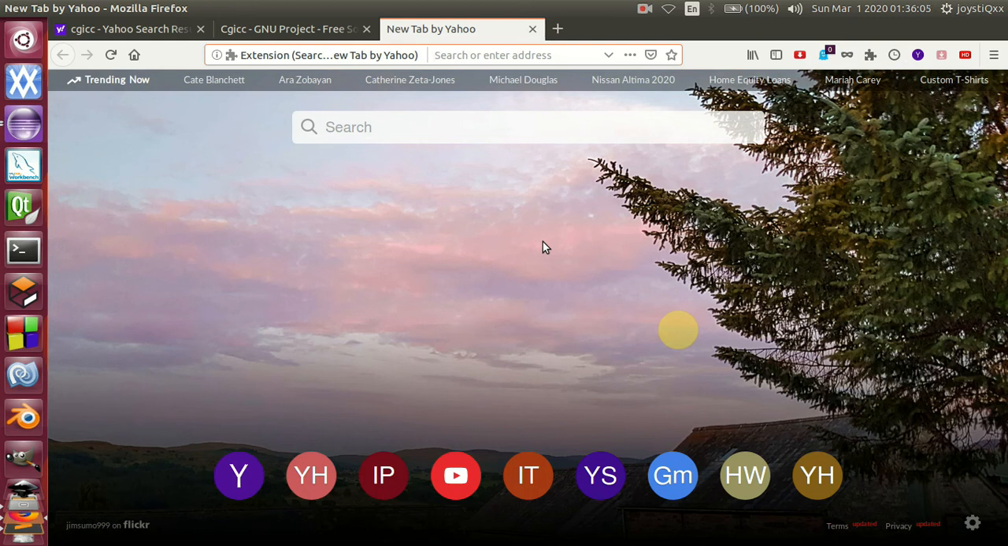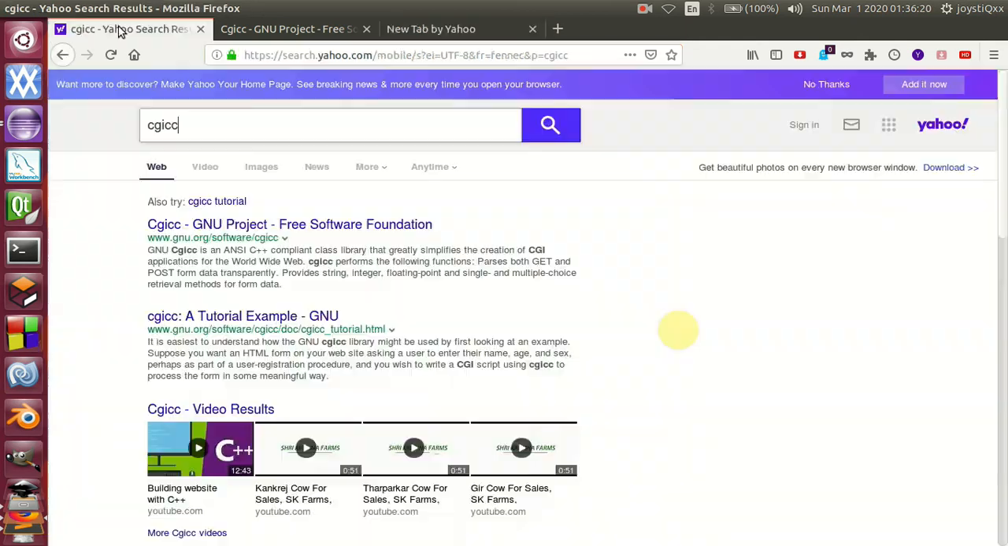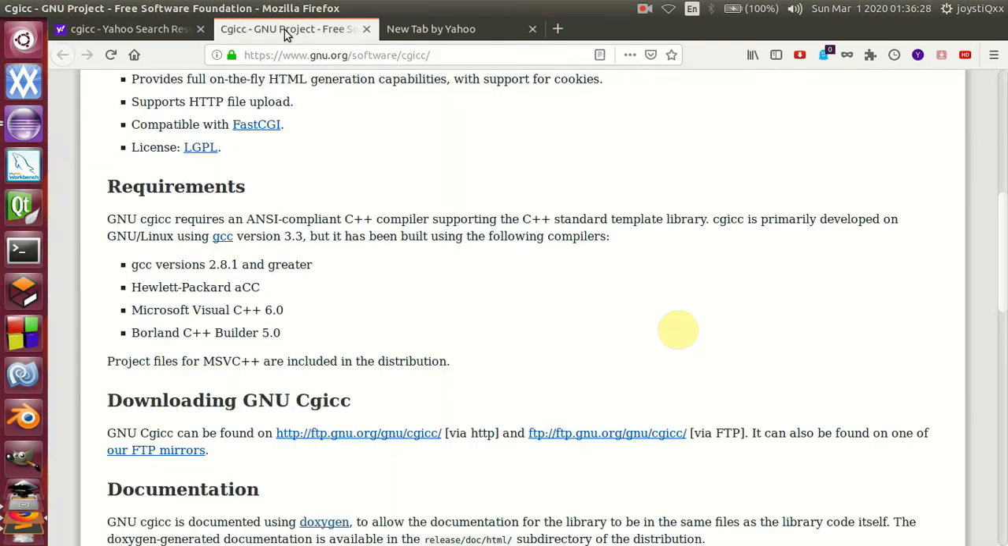Hello there guys, my name is Peter, and in this tutorial we will be discussing Cgicc and how to install Cgicc. Cgicc is a C++ library. So let's search Cgicc on our browser and see what it is. Click on this Cgicc GNU Project Free Software Foundation, and here they are defining Cgicc as